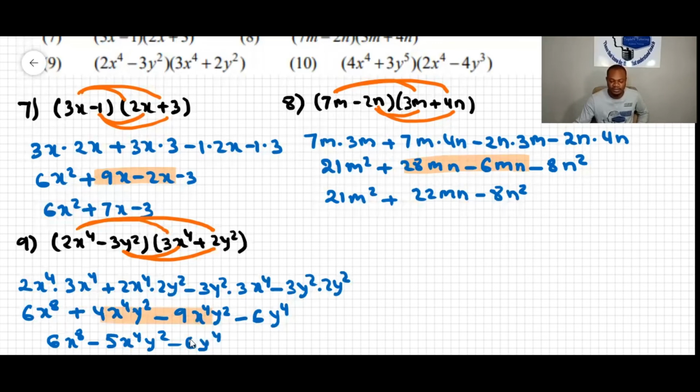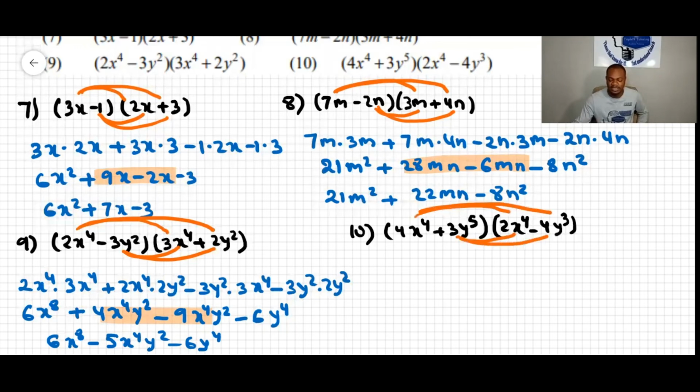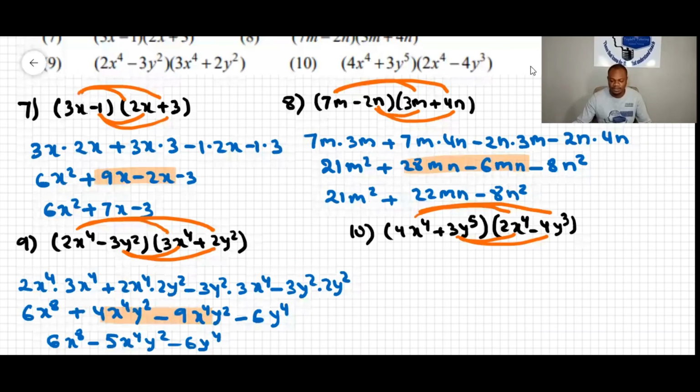Similarly, question 10, we have 4x to the 4 plus 3y to the 5, open brackets, 2x to the 4 minus 4y to the 3. Okay, so this will be like this times that times that, this times that, and that times that. Now then we can work it out, and that makes